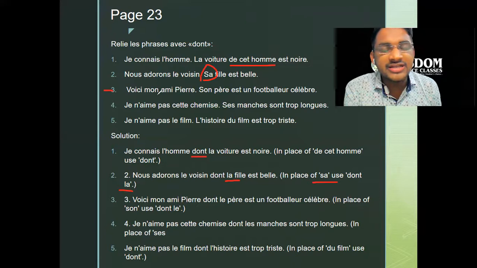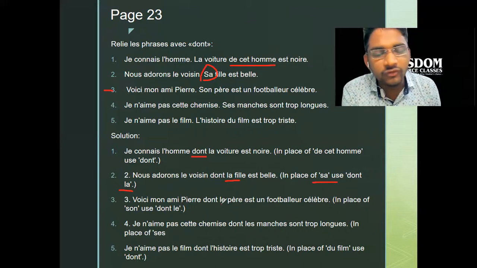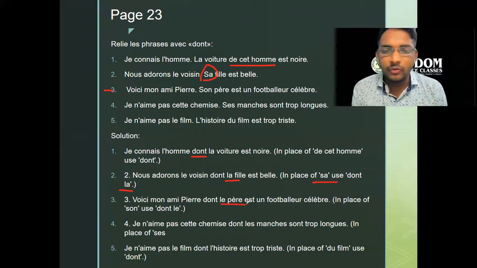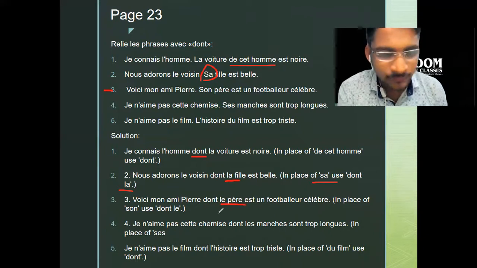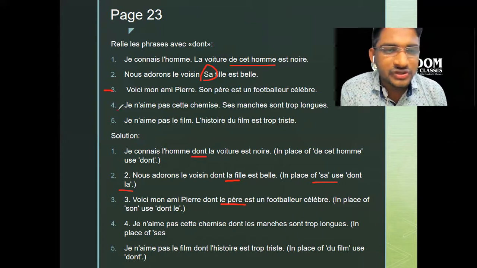नेक्स्ट थर्ड वन, चलो हम थर्ड वन तक पहुंच चुके। Here is my friend Pierre, here is my friend Pierre and saw Pierre, his father is a famous footballer। तो here is my friend Pierre of whom the father is a famous footballer। Great, यहाँ पे भी ल हो गया। Next fourth one, je n'aime pas cette chemise,